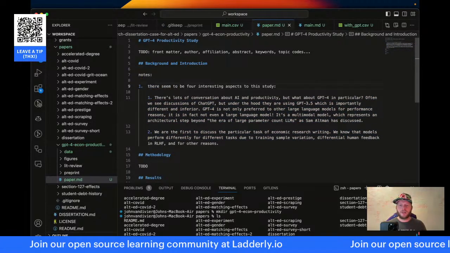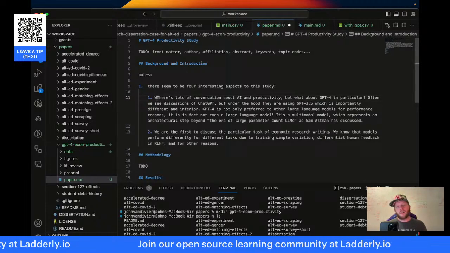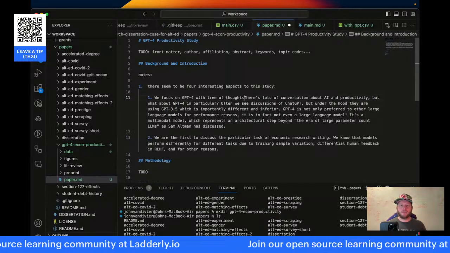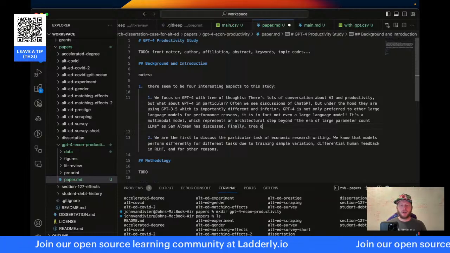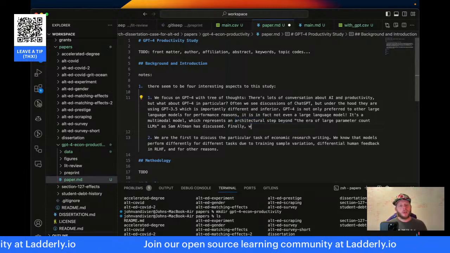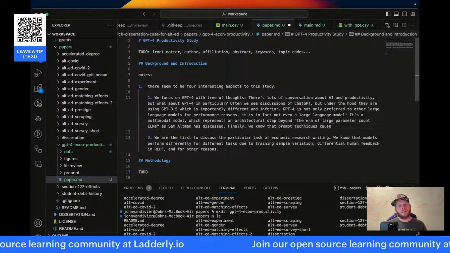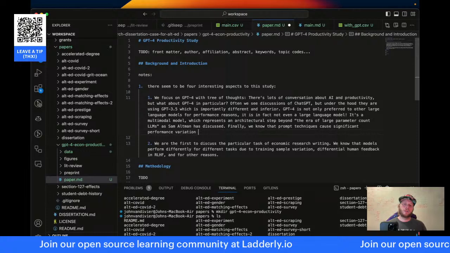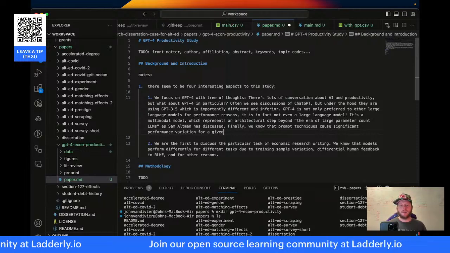There seem to be 4 interesting aspects to this study. So first, we focus on GPT-4 with tree of thoughts. Finally, we know that prompt techniques cause significant performance variation, even for a given model.